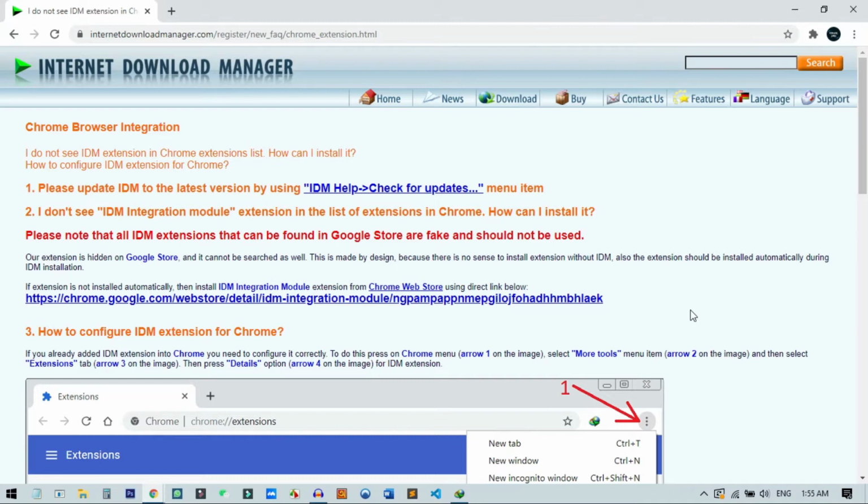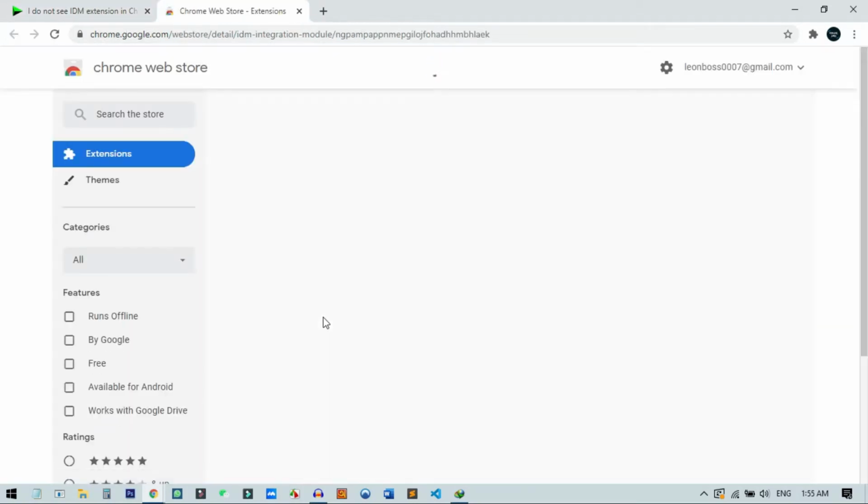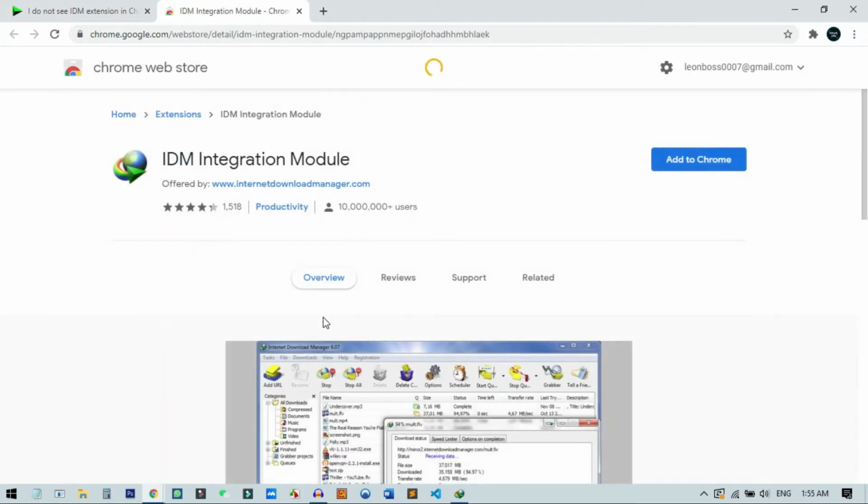First of all, you can see there are some instructions, and there is a Chrome extension link. You need to click on this link to download the extension from here. So I just click on this link and I will be redirected to a new page in the Chrome store. Here you can see the extension, IDM Integration Module. This is the module that we need to install in our Chrome browser on a Windows 10